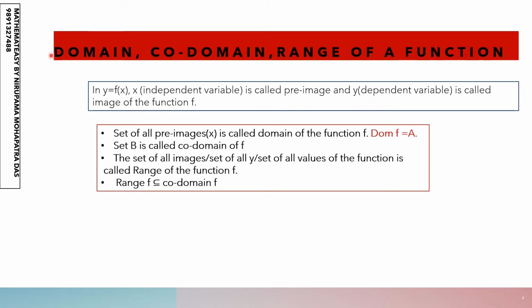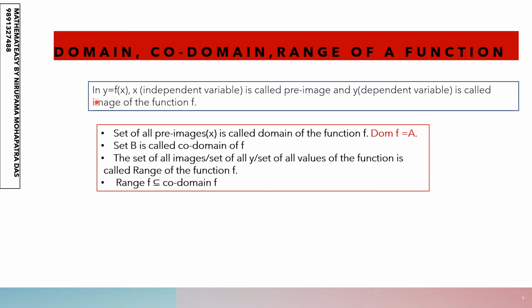While coming to the domain of the function, in case of relation what have we studied? We have taken relation as a set of ordered pairs which is a subset of a Cartesian product A × B. So whenever we define relation R from A to B, we define it in this way: R is a set of ordered pairs that is a subset of the Cartesian product A × B.